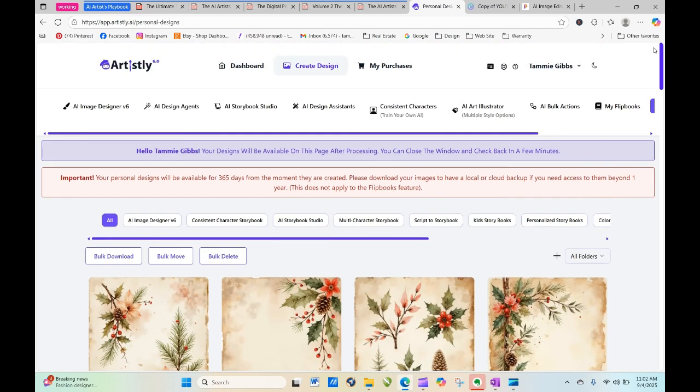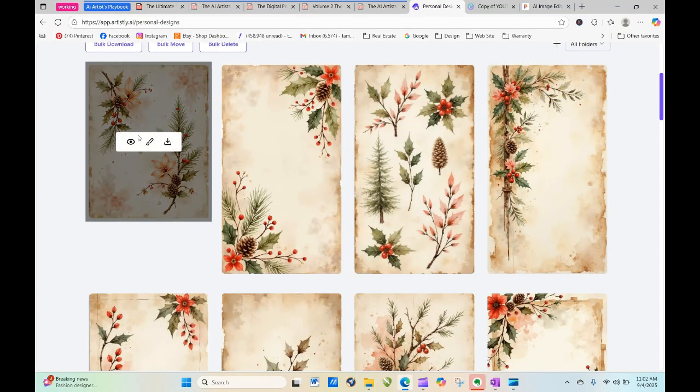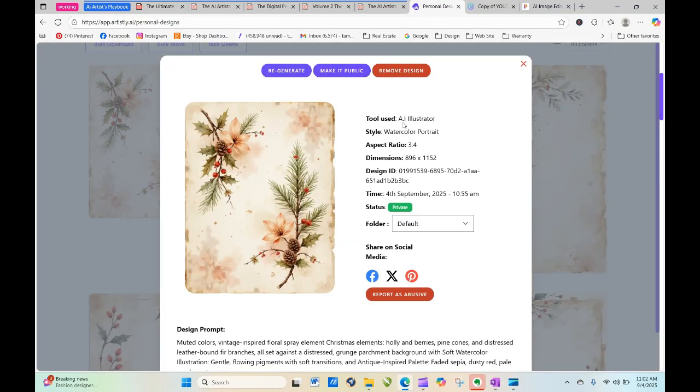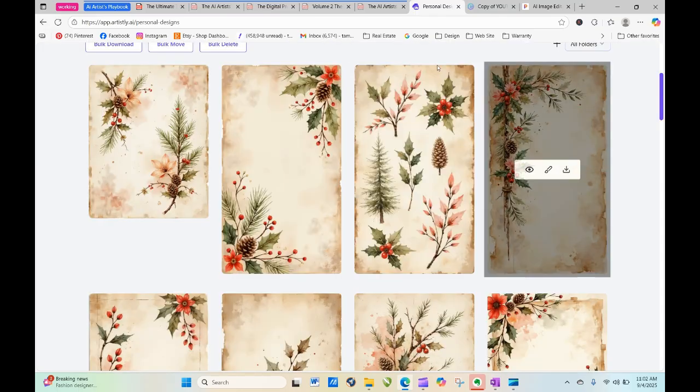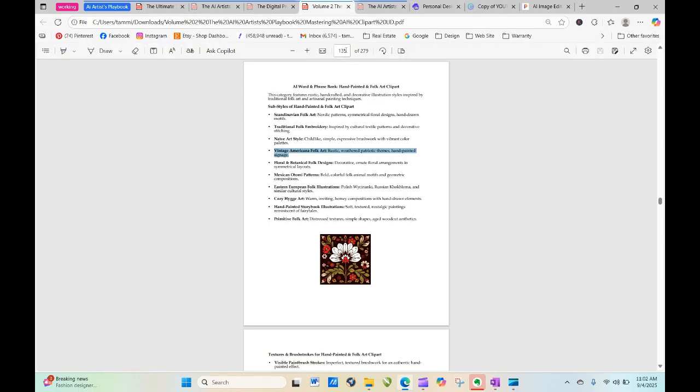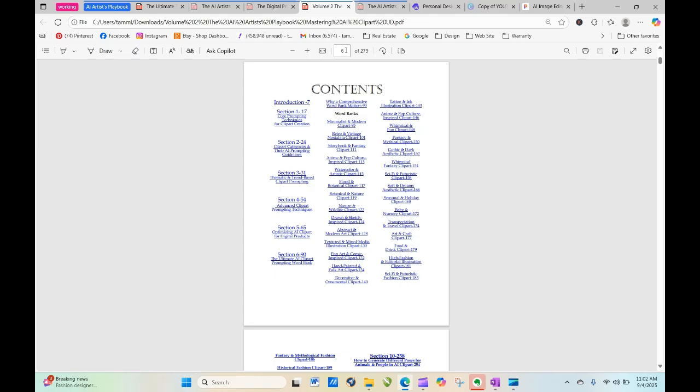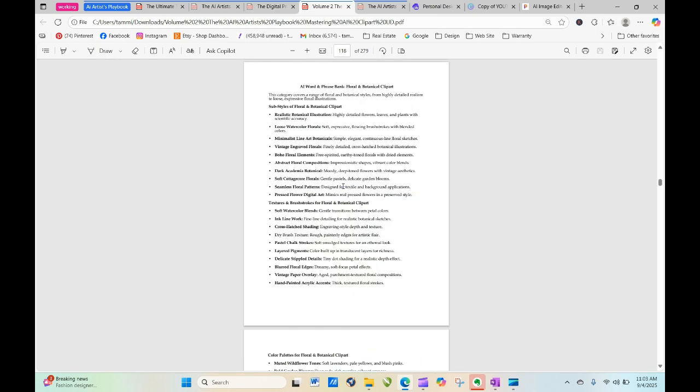So you have to look at the different effects. So this one, again, is under the watercolor portrait, and it's given us a pretty natural look. And we can even go into volume 2 and go under the floral and botanical, or the natural, nature and wildlife. And then you've got drawn and sketch inspired clip art. So you have several different ones that you can look at. But the floral and botanicals, you could also